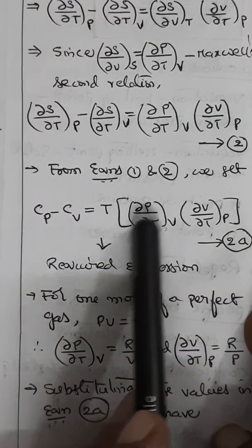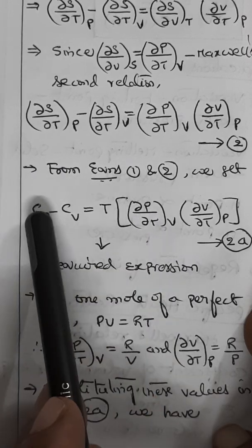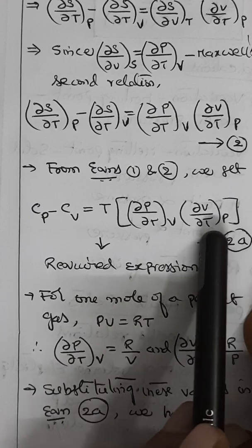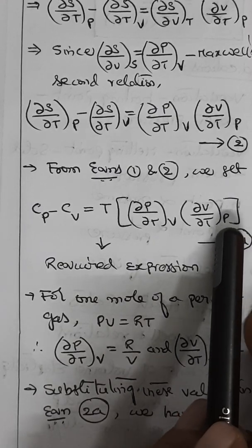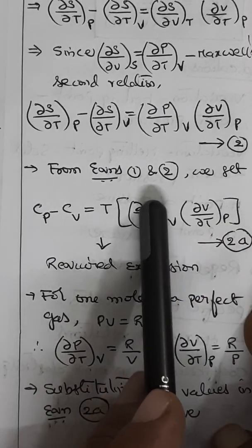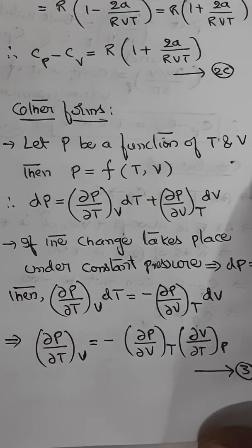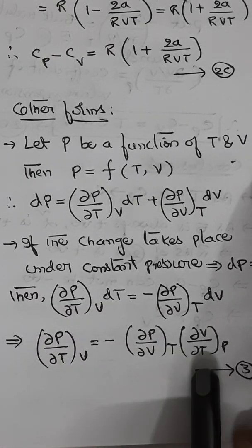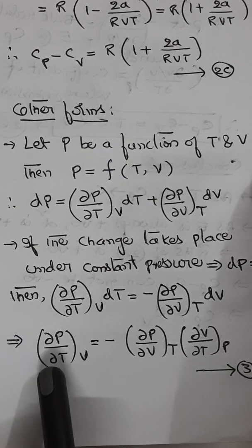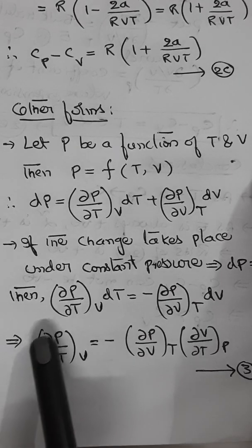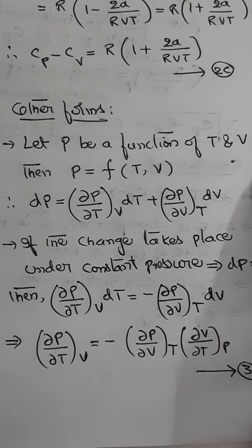In this equation for the ∂P/∂T at V value, we'll use equation 3 to put the value of ∂P/∂T at V. This is equation 2a. So by taking the value of ∂P/∂T at V from equation 3 and substituting in equation 2a, we will have